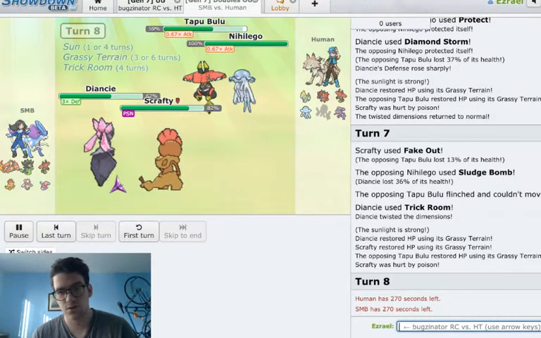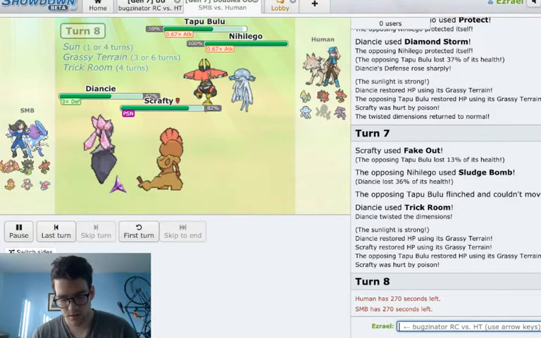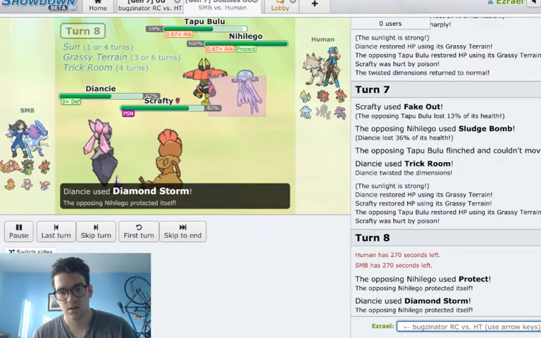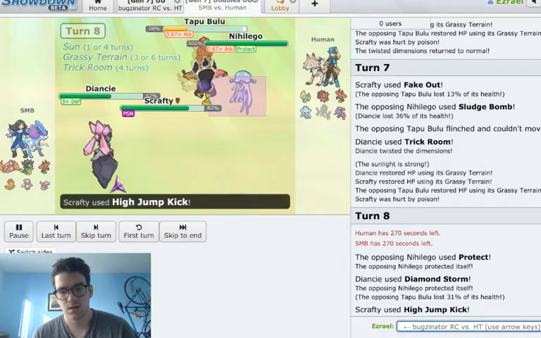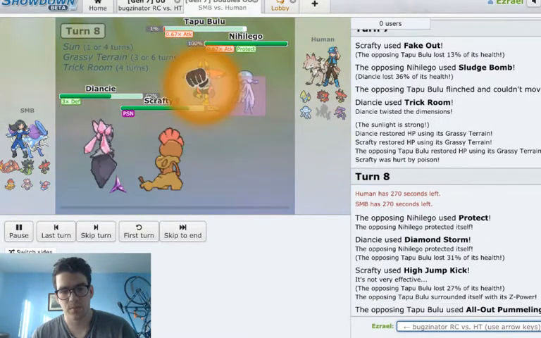Just quite unfortunate. It's a team-dependent choice, but if the DNC was setting up, and if the Nihilego was setting up rocks, maybe it would have at least helped with Zard. But that's not really fair to say, because I don't know. I'm just trying to think about...